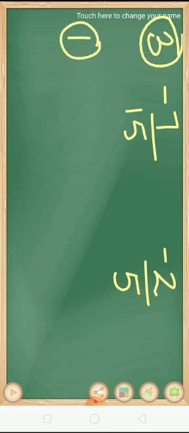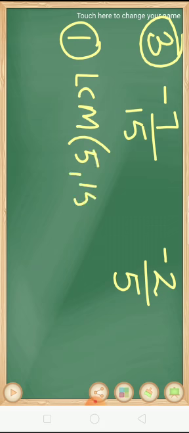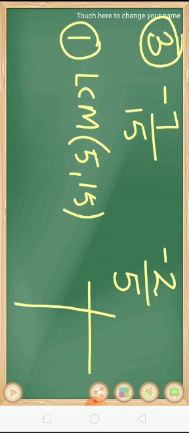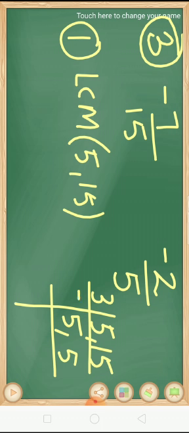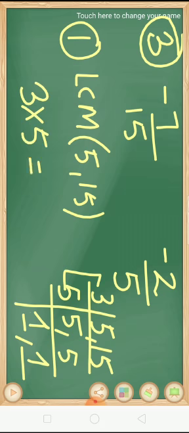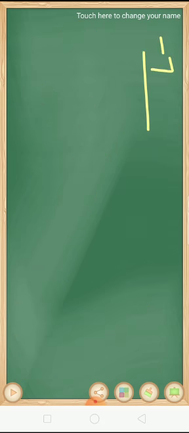First step is to make the denominator same, and for that we have to take the LCM of 5 and 15. So here they are not having any common factor except 1. So 5 and 15: 3 ones are 3, 5 will be as it is, and 3 fives are 15. Now it will go on, sorry, here will be 1 and 1. So the LCM is 3 into 5, 15. LCM is 15. So make the denominator 15.